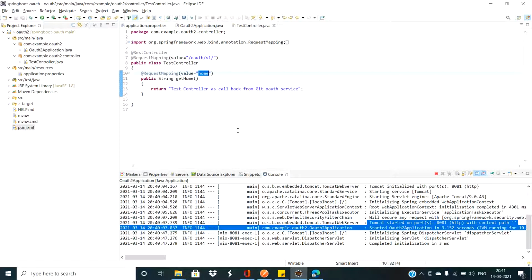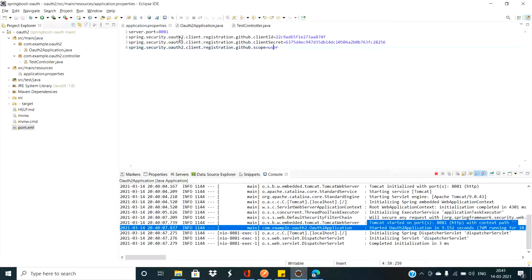This is for the open source. In case you have an enterprise solution, an enterprise OAuth service provider, then you'll have to pass some more parameters. But my motto is to create a small project, and this will basically give you the foundation so that you can further enhance on this. Thank you so much. I hope this will help you to understand and at least start working on this.